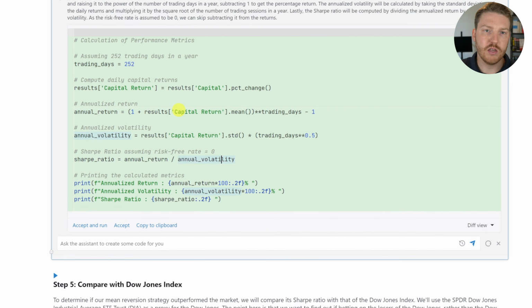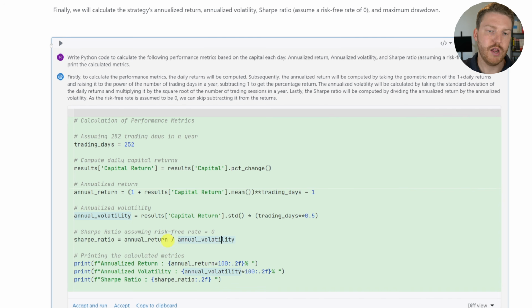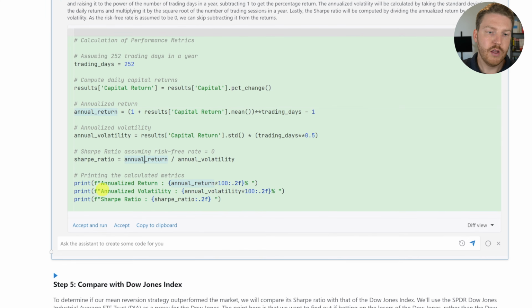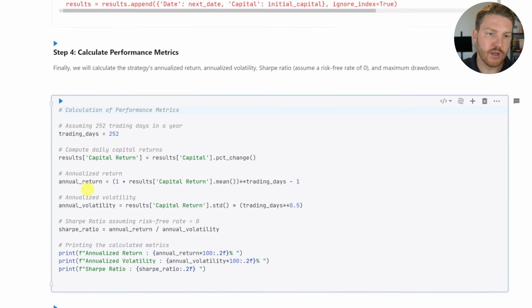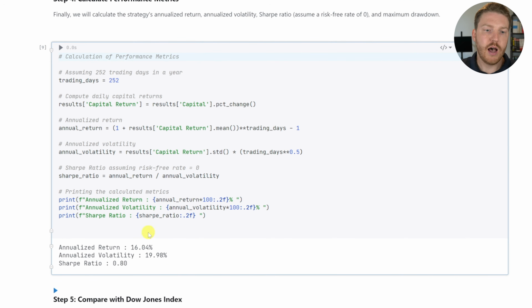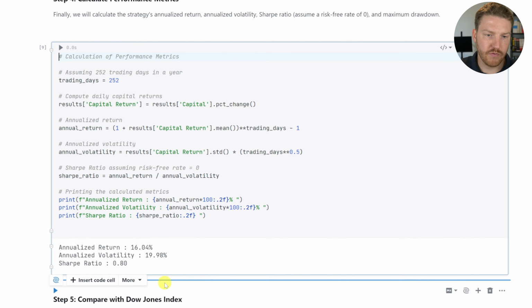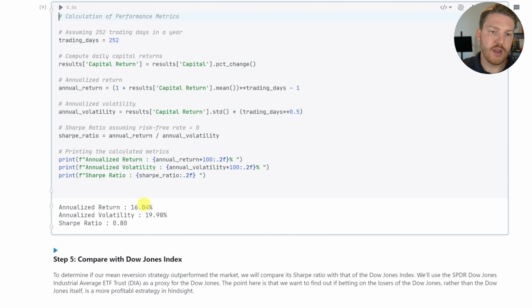Now, if we had not used 0 for the risk-free rate, it would have subtracted it in the numerator of this formula. But let's accept this and run. And one thing I also want to say is that a higher Sharpe ratio is preferable. So right now we have an annualized return of 16%, which to me is quite good. Annualized volatility of nearly 20%, and a Sharpe ratio of 0.8, which from my experience